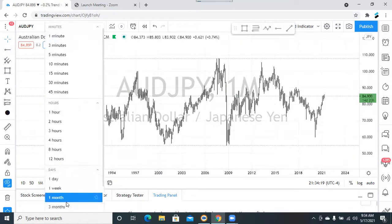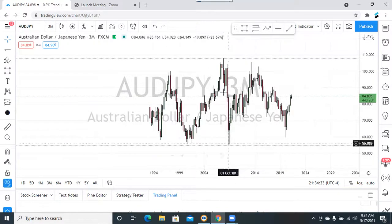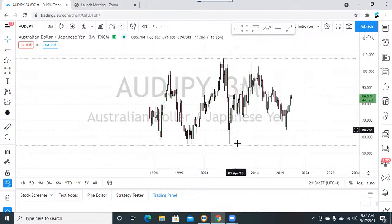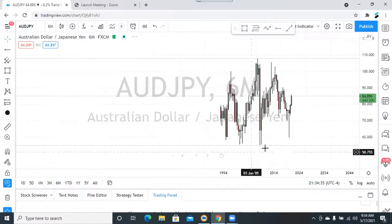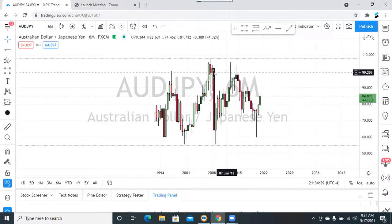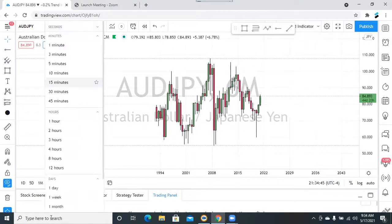If we go even higher time frame like 3 months, it's the same. We can see the market practically in the range, up and down, up and down. 6 months. Of course, we are not looking at this kind of higher time frame, but just to have a feel what the price is doing. In the 6 month time frame as well, we can see price basically ranging. So let's go down to the